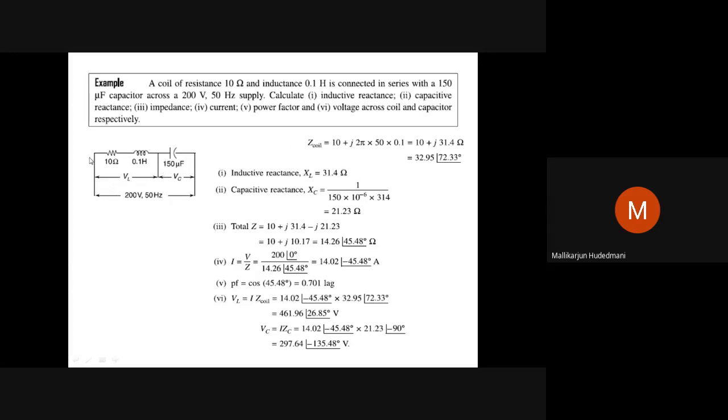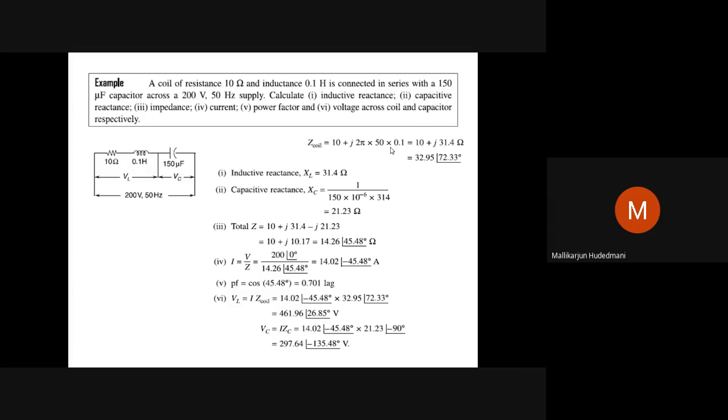Let us do the first part. What is the impedance of the coil? The impedance of the coil is 10 ohm, a real number. Can you see over here? Z coil is R equal to 10. Then the inductive reactance offered by 0.1 Henry is plus 2 pi FL, so j times XL, as you must be recalling. Inductance is written as R plus jXL. Capacitance is written as R minus jXC. That is called the complex representation of reactances XL as well as XC.